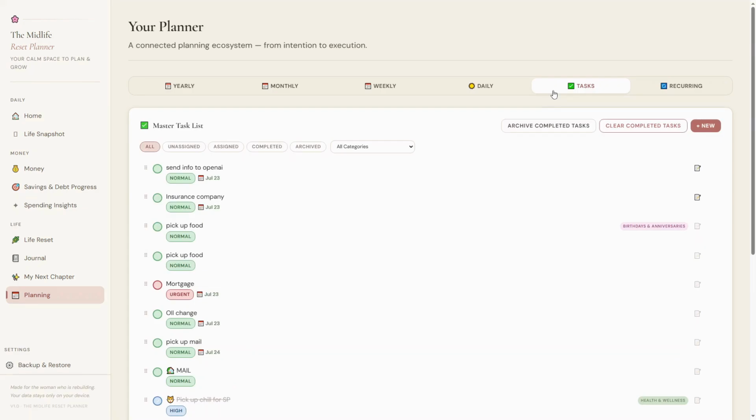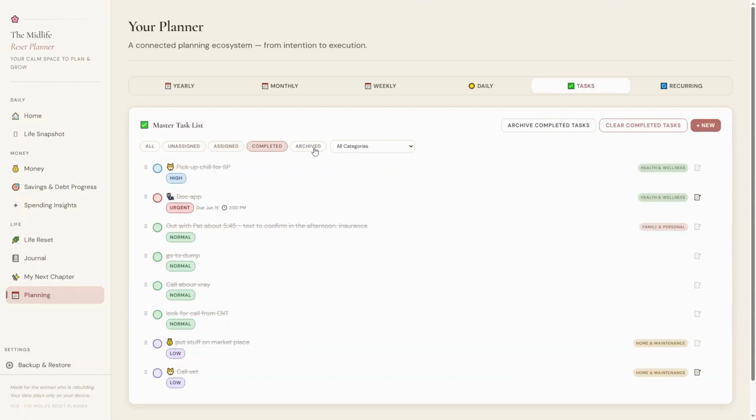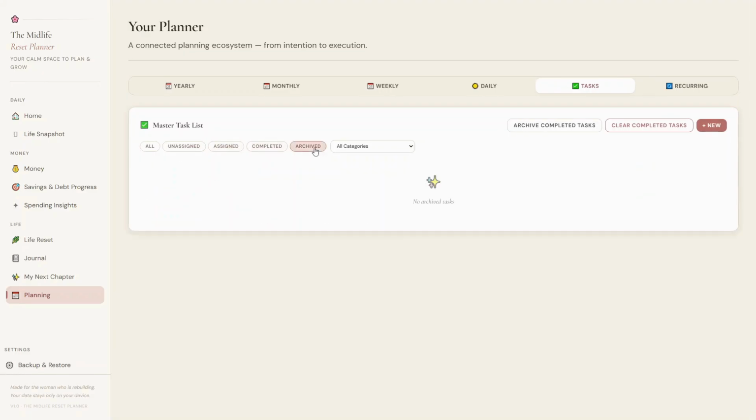Now let's take a look at the Tasks section. This is your master task list, where every task you've created is stored in one convenient place. Across the top, you can quickly filter your list to show all tasks, unassigned tasks, assigned tasks, completed tasks, or archived tasks. If you've assigned categories to your tasks, you can also filter by category to quickly find exactly what